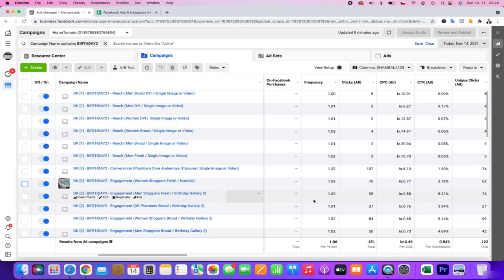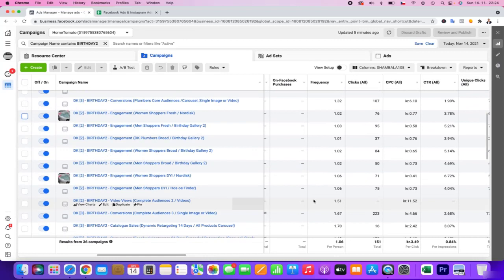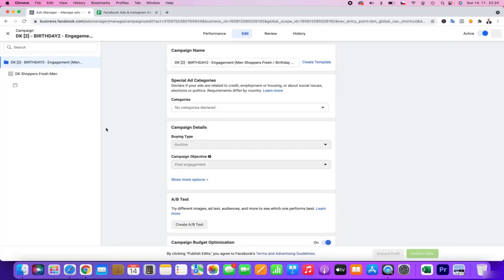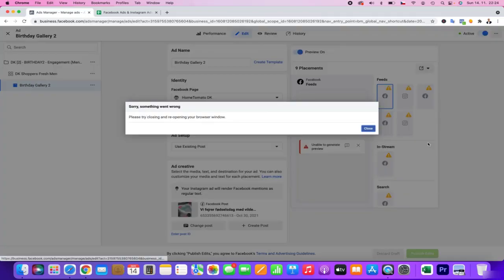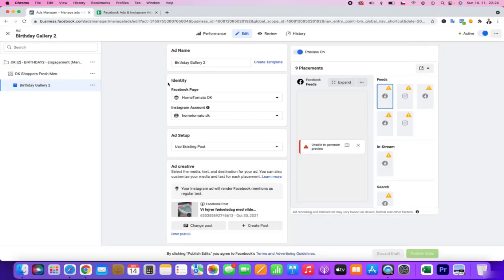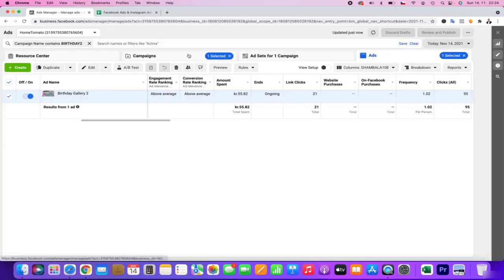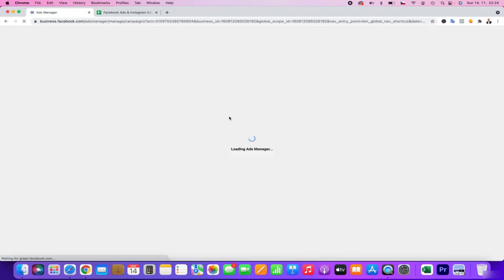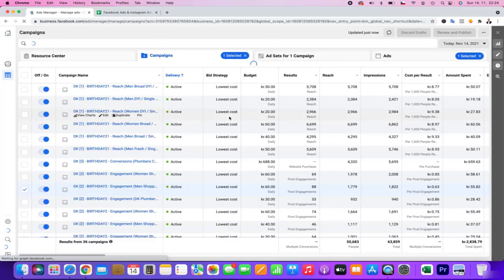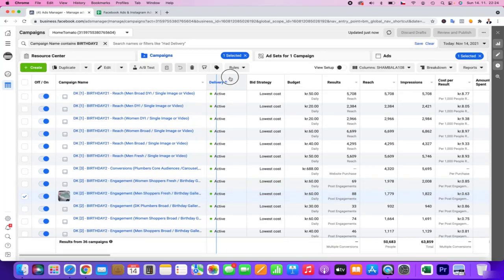Then of course we did have quite some engagement. That's so important. What I did, as you can see, this birthday gallery, I did engage a lot about this gallery. And the reason is that this gallery is very, very nice. I will have to reload it. Give me a second. It's informing about the birthday sale, and that was very, very beneficial.